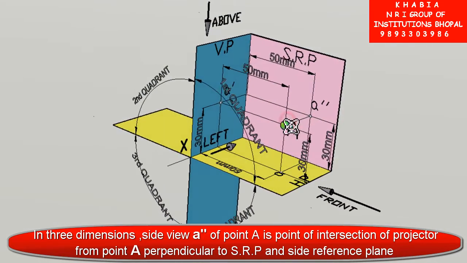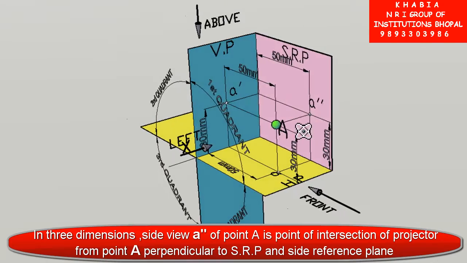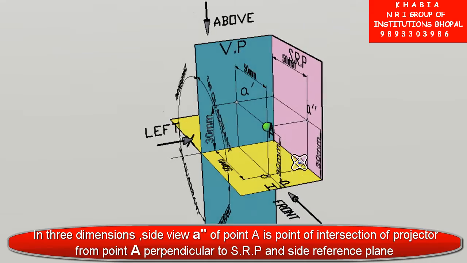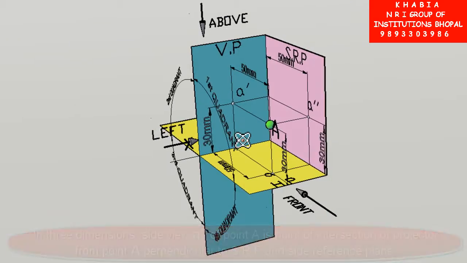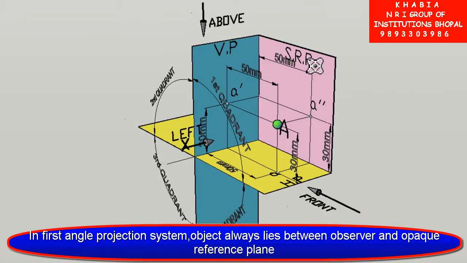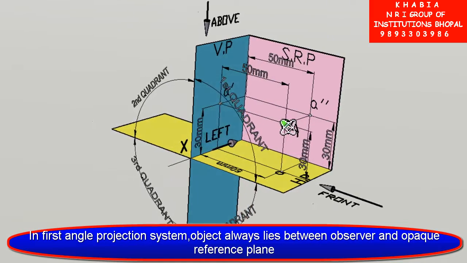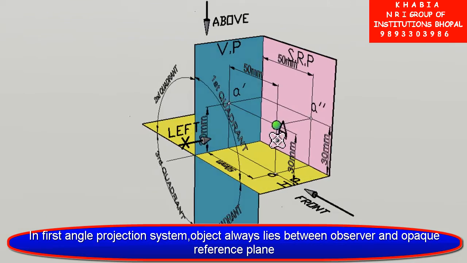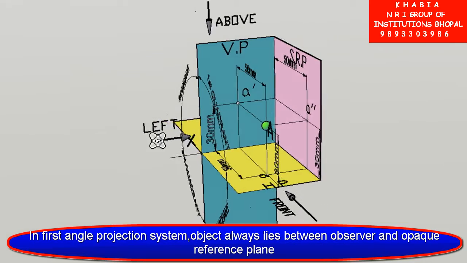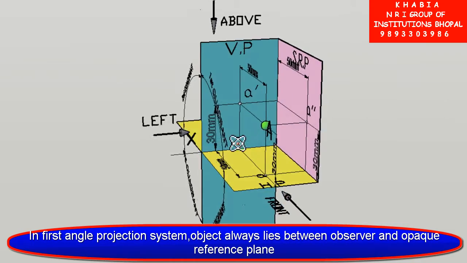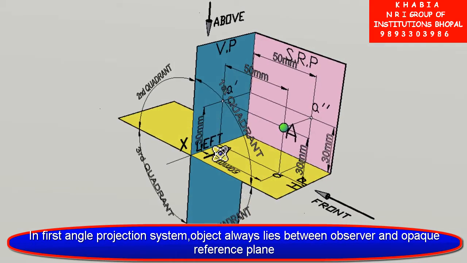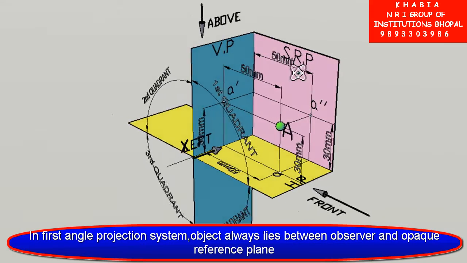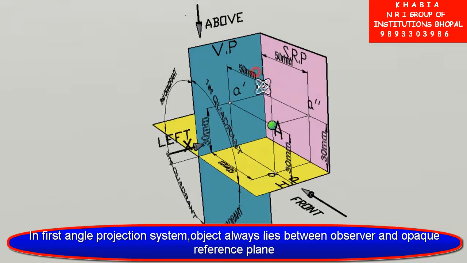And you take projections on a side reference plane which is perpendicular to the vertical reference plane as well as the horizontal reference plane. It is to be noted that the side reference plane is kept towards the right side of the point because in the first angle projection system, the object lies between the observer and the opaque reference plane. When the observer is looking at the object from the left side, naturally the opaque side reference plane goes towards the right